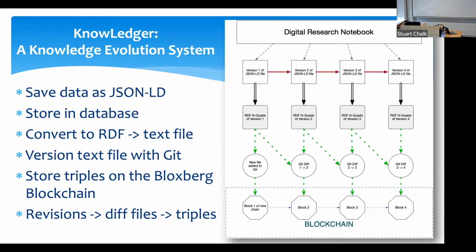Then as we add more data in the interface to whatever it is we're trying to record, that JSON-LD document gets updated and saved again in the MongoDB. We convert it to triples. The triples text file then overwrites the version in the folder that's monitored by Git. Git does its thing and gives us the differences, and those differences get put onto the blockchain in a transaction. In that way, we capture the initial file, and then all of the changes, in an RDF sense, in the semantic representation of the data in that file.